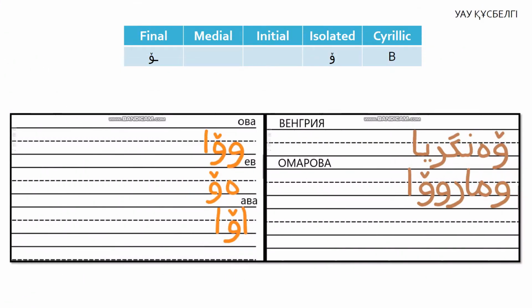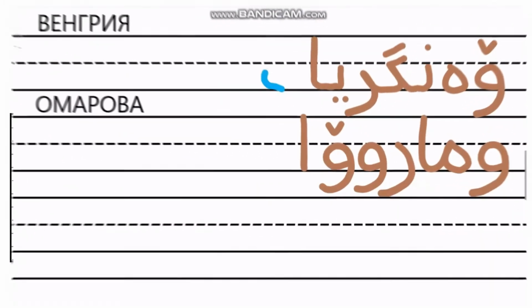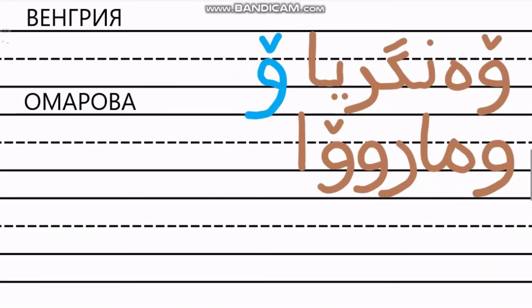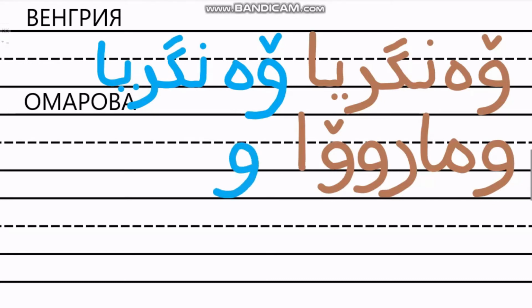Now let's write two real words. Венгрия, Omarova,